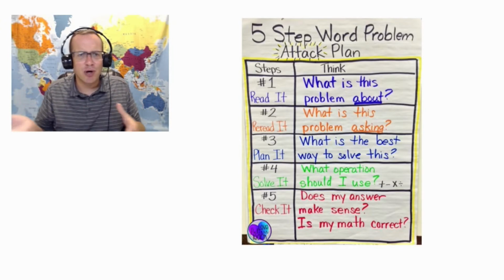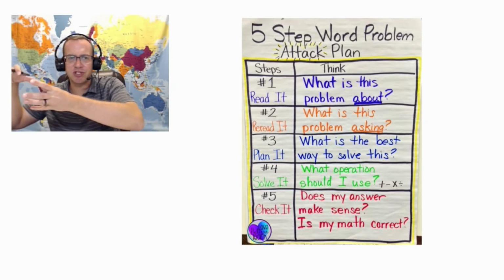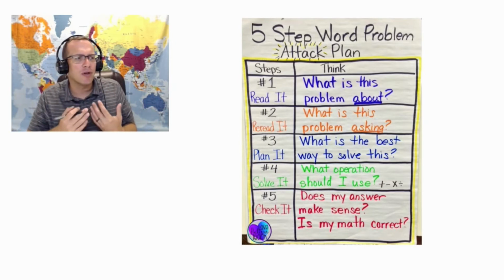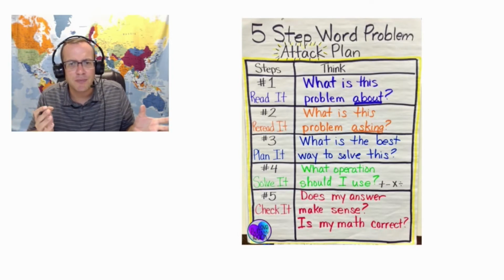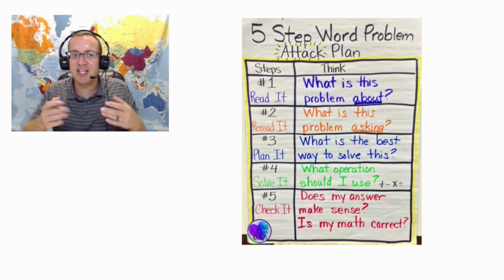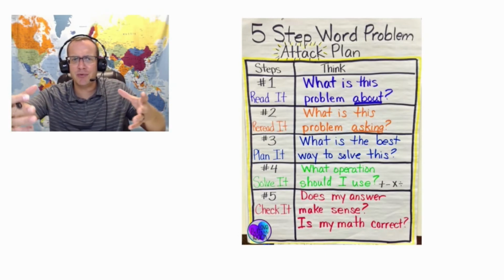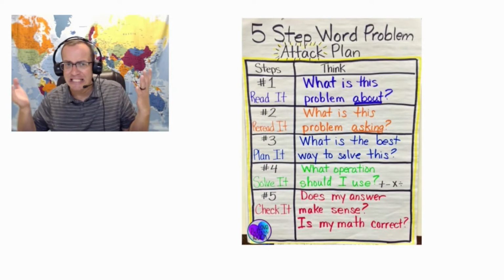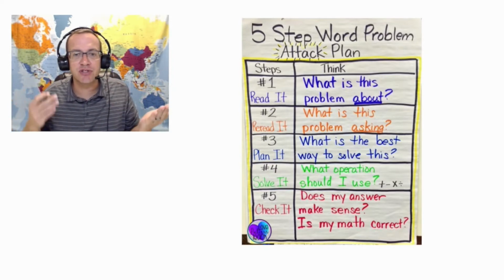Okay, so if we're adding all of these things together, right, our answer should be bigger than what we started with. So is our answer bigger? Or if we're sharing something with a bunch of other people, our answer should get smaller. So does our answer make sense, and do the units line up? If we're talking about apples in this problem and we end up with an answer of 42 miles, that might not make sense, right? So we want to make sure our answer makes sense with the numbers and the units,